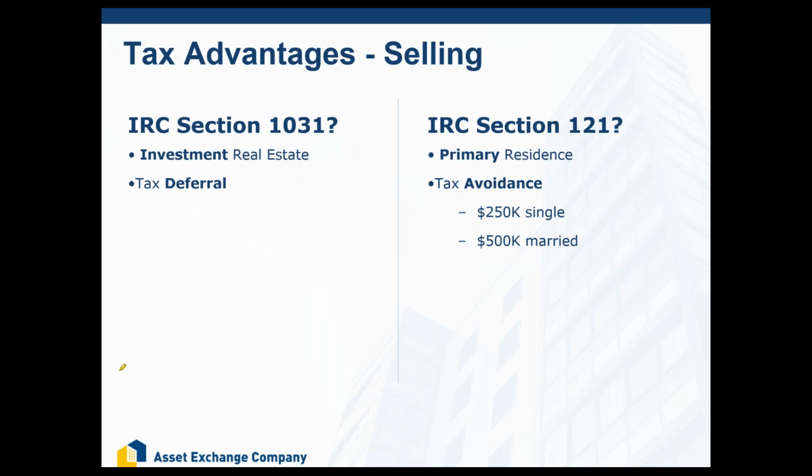Now, let me give you an example of what happens for a lot of our clients. A lot of our clients will start off small. They'll own a 2-unit building, and they'll sell it and do an exchange because they don't want to pay taxes, and they'll go out and buy a 6-unit building. Client will own the 6-unit building for a while and then sell it, do another exchange into a 10-unit building, sell the 10-unit building, go out and exchange into a large 20-unit apartment building.